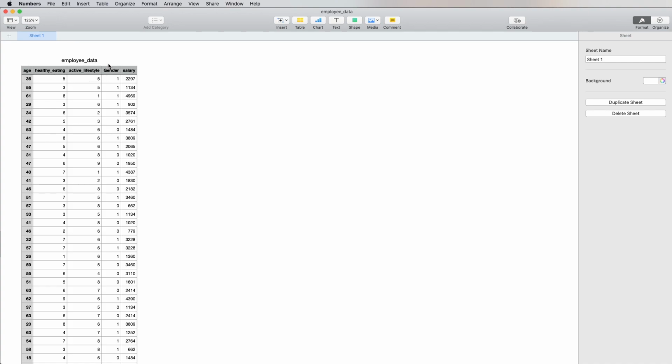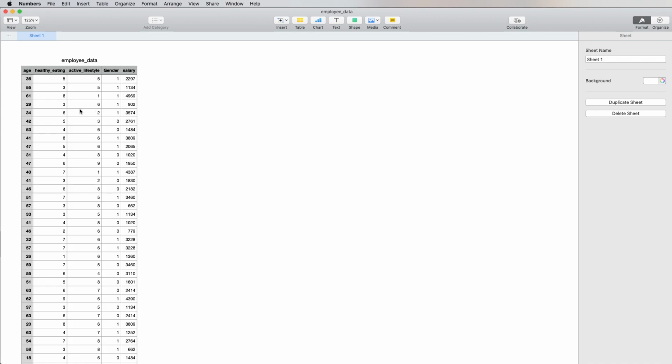Now, in reality, you'd be looking at a multitude of other variables, but just for the purpose of this, like I said, we're going to be building a toy model. These are the 5 data points that we have, and we'll be using 4 of them to do a prediction against salary. And again, for the purpose of keeping this very simple, we're going to be using a linear regression model that we're going to go ahead and build in Python.